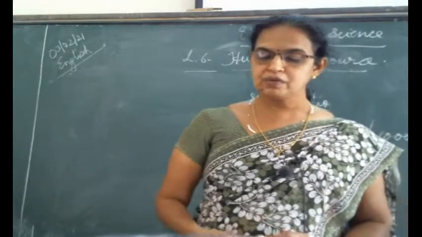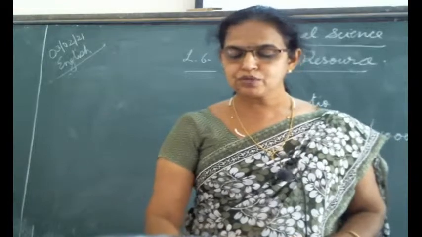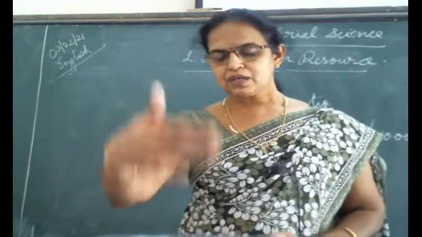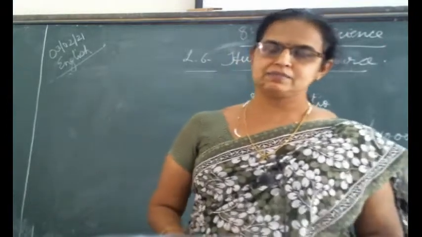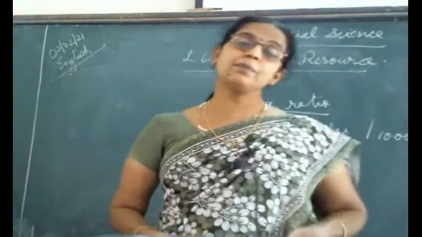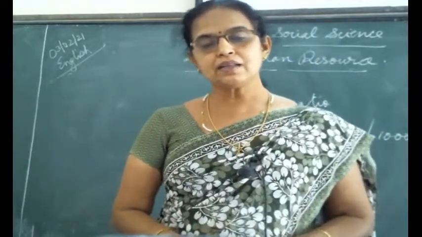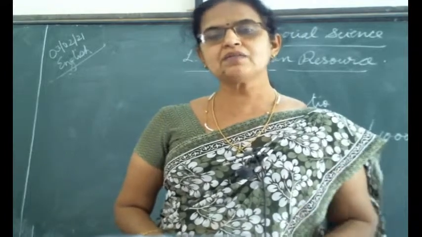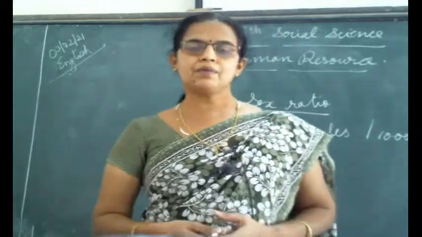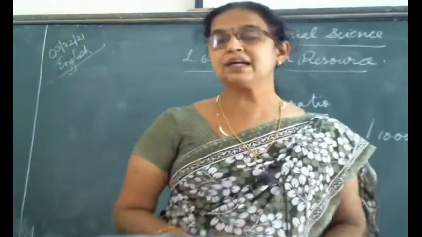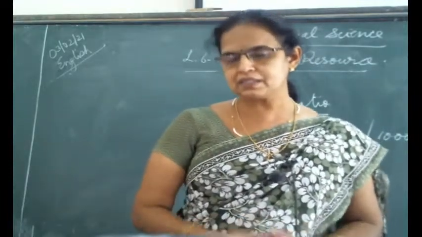Rajkot, the number of females fell from 930 to 924. Kutch from 940 to 907. So here especially in Gujarat it is reducing. So what is the reason behind this? People do not prefer the girl child. So they try to kill that girl child in the womb itself. I don't know why. They may be thinking that girl children may bring a lot of worries, tensions, burden and financial insecurity to the parents. That may be the reason.